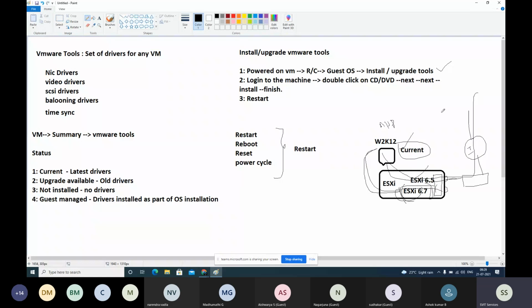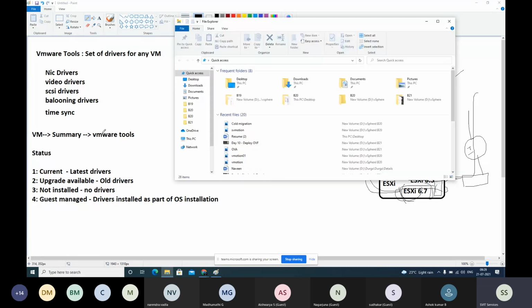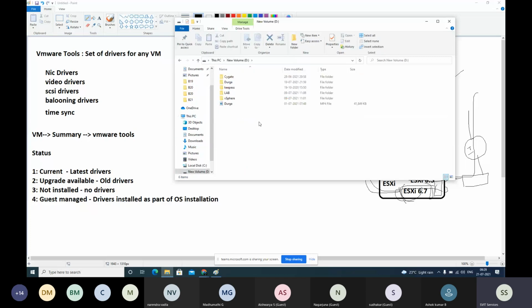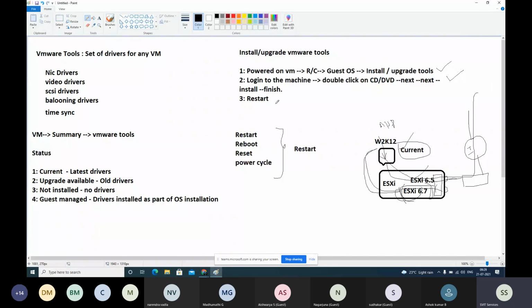It will just attach that bundle to the VM. Next step, we have to log into that computer. It's like you insert a DVD or USB drive to your laptop. It will not automatically play. You need to go to the USB drive and play the content. You will go to the D drive and then play the content. Same way here also, once you attach, it will just be attached. To install, you need to navigate this process.